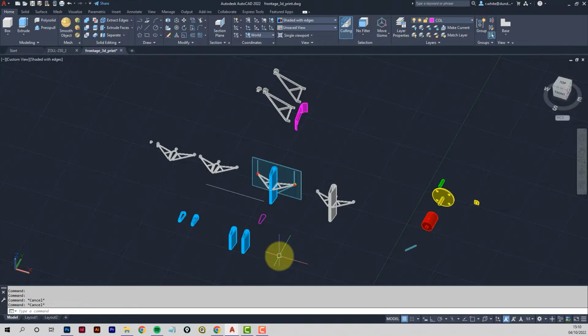Non-manifold edges, little gaps, overlaps of surfaces, and you really need to up your game as far as the quality of your modeling goes. And that comes from your 2D CAD through to the 3D CAD,